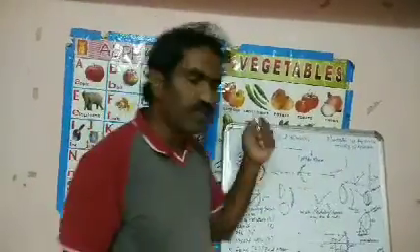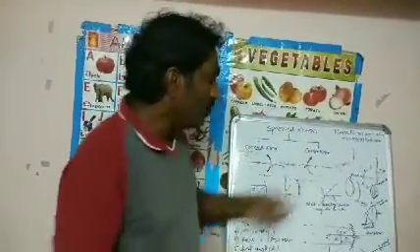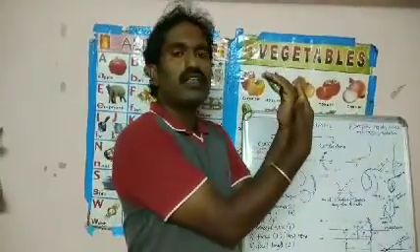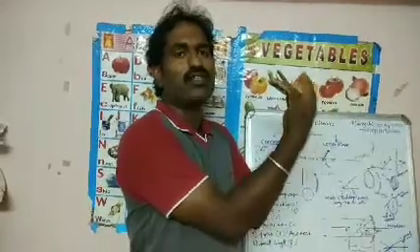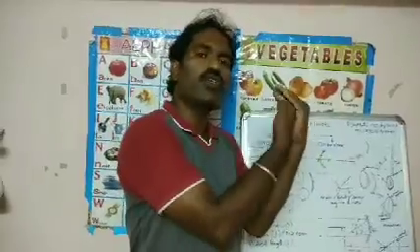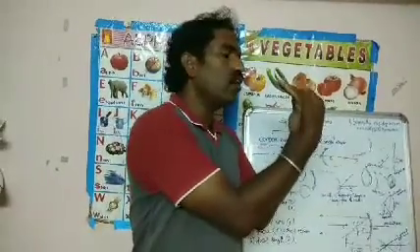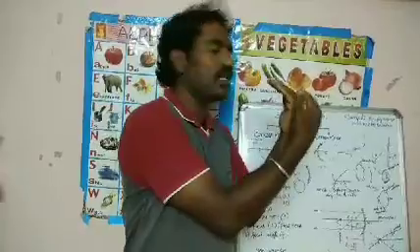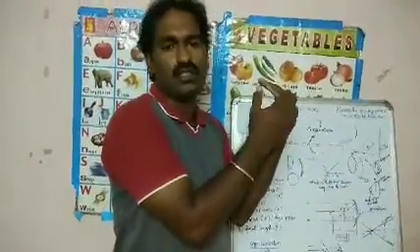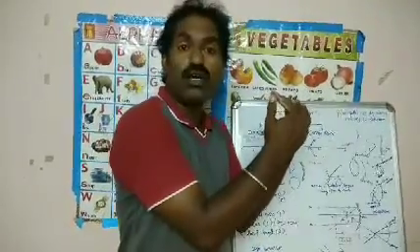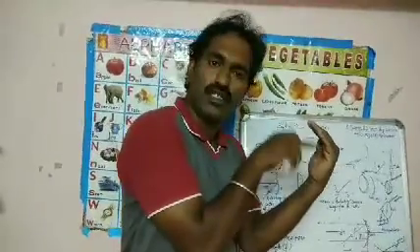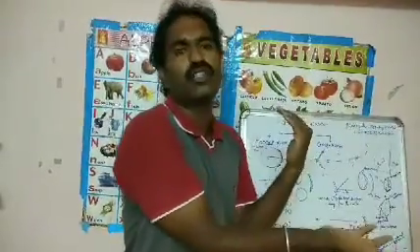Now, what is the convex mirror? In the convex mirror, this is the external surface and this is the inner surface. The inner surface is polished, or painted, and the outer or external surface acts as the reflecting surface. This type of spherical mirror is called a convex mirror. Are you getting my point? The inner surface is painted, and the outer surface acts as the reflecting surface.